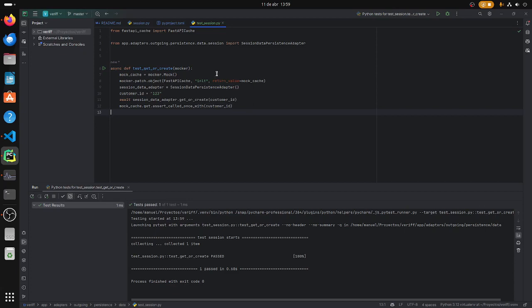So what I'm gonna do is test. Here there are two options. One is that it's found, another is that it's not found. If it's found, it returns what is stored. What is stored is session data. If it's not stored, it creates a new one. So let's test get create. So get this called once, and then